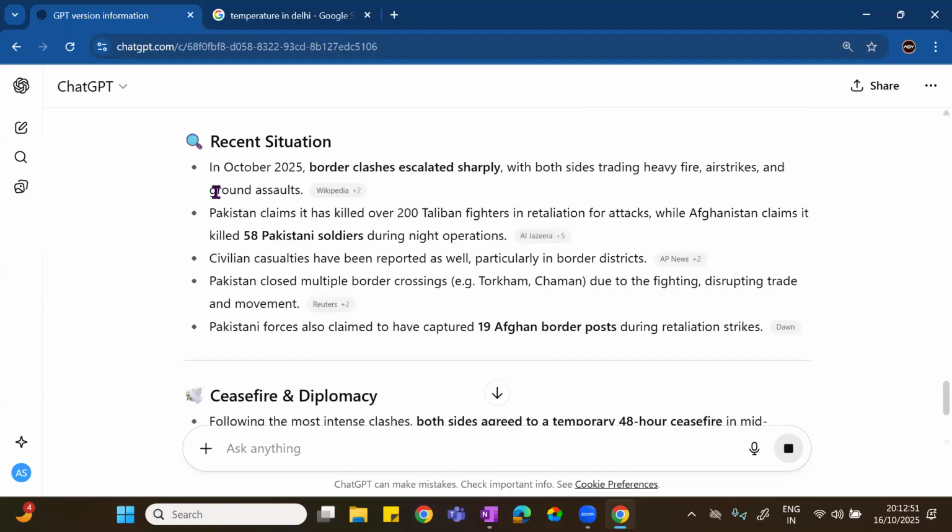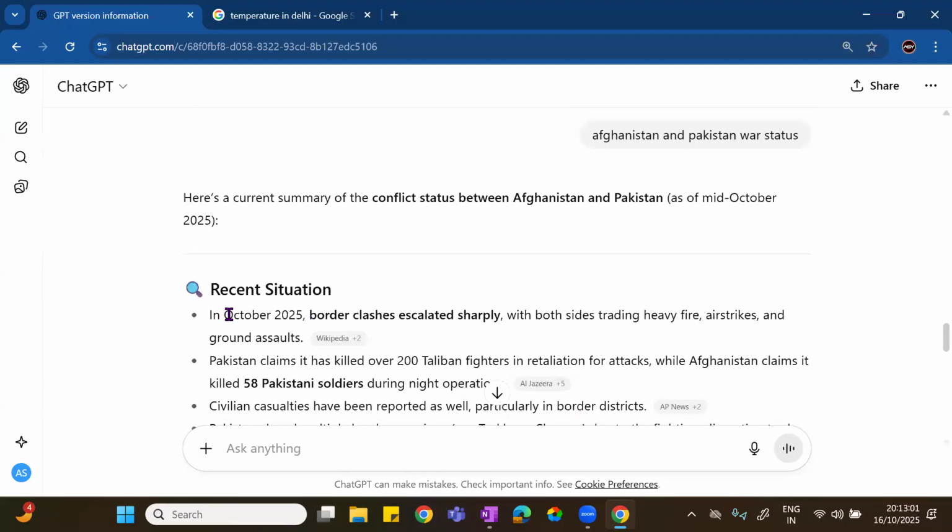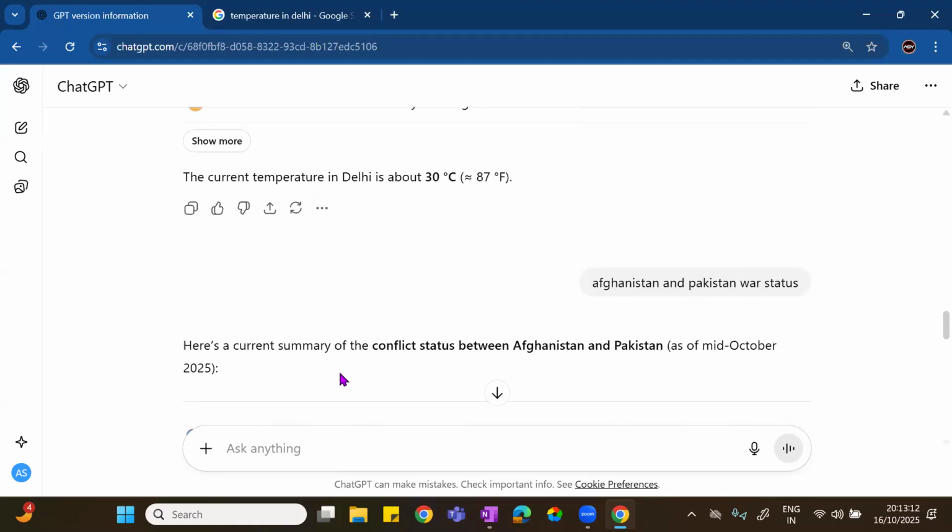Yes, recent situation: October 2025, border clashes escalated sharply between both sides. And here it is. Again, look at the date. How is it doing it? Because the relevant agent is triggered. It depends on the task, how you are using it or how much autonomy you want.